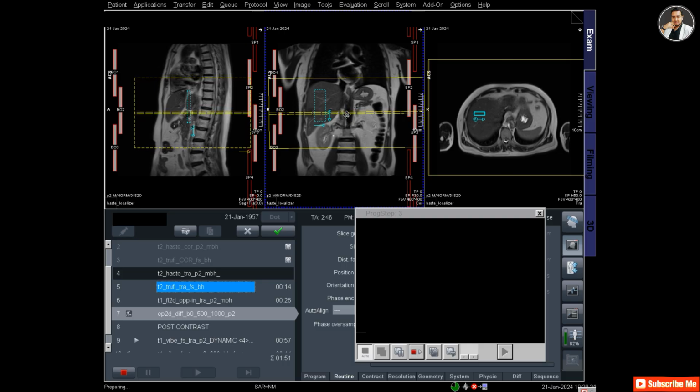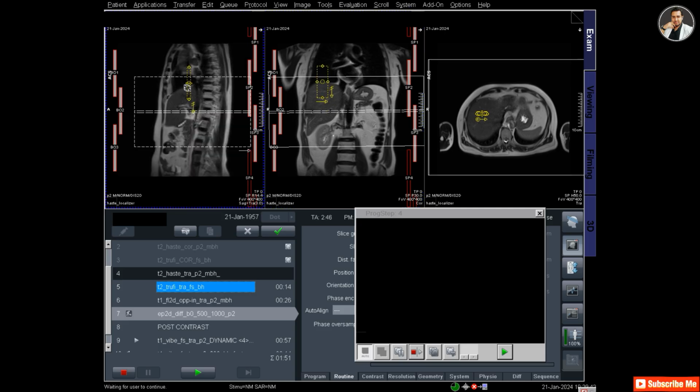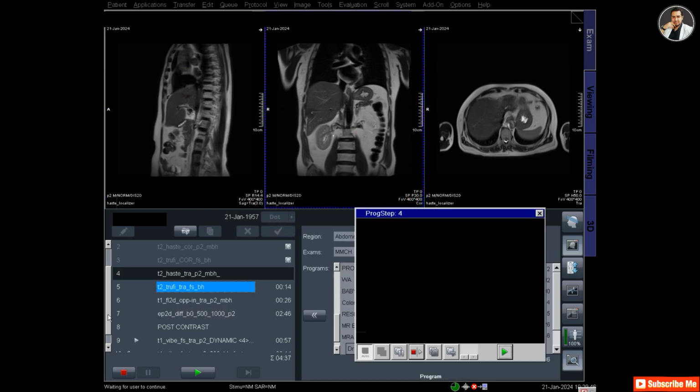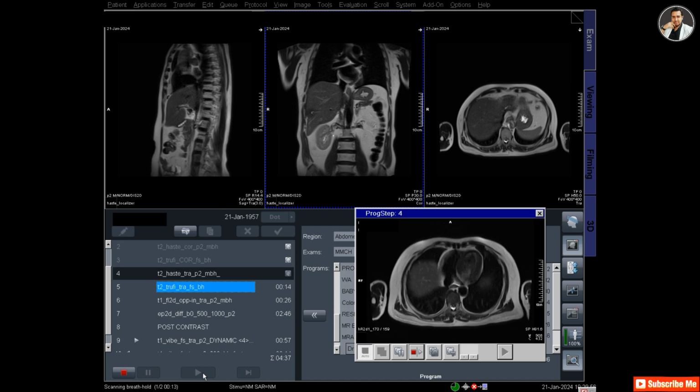Now I am planning for the diffusion, and there is a respiratory navigator for the diffusion protocol. So you have to place the respiratory navigator over the patient's chest, so that the trigger protocol can be taken.